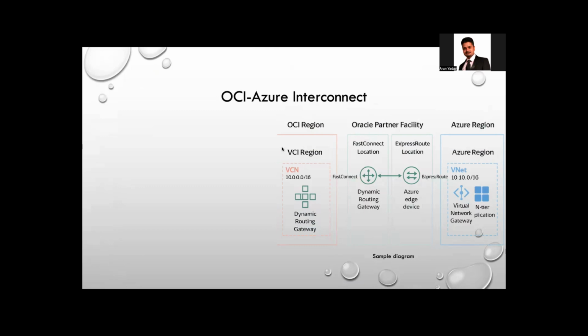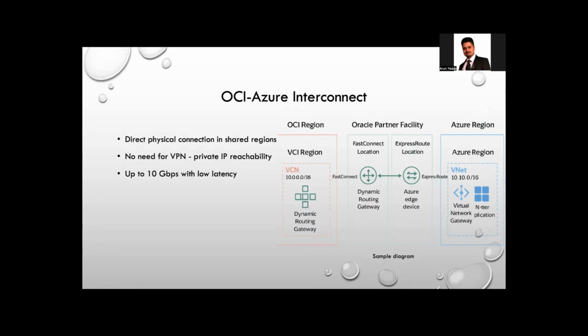All right, now let's take a look at the connectivity between OCI and Azure. The OCI Azure interconnect is a direct physical link between Oracle and Microsoft shared regions. It offers private IP reachability. And so your OCI network can talk directly to your Azure network using private IPs without needing a VPN tunnel over the internet. It also offers up to 10 Gbps of speed with low latency. And you can use it with a combination of, for example, FastConnect and ExpressRoute for things like connecting to Oracle Fusion SaaS and Azure Identity or Azure Active Directory for identity, or maybe integrated applications in Azure and